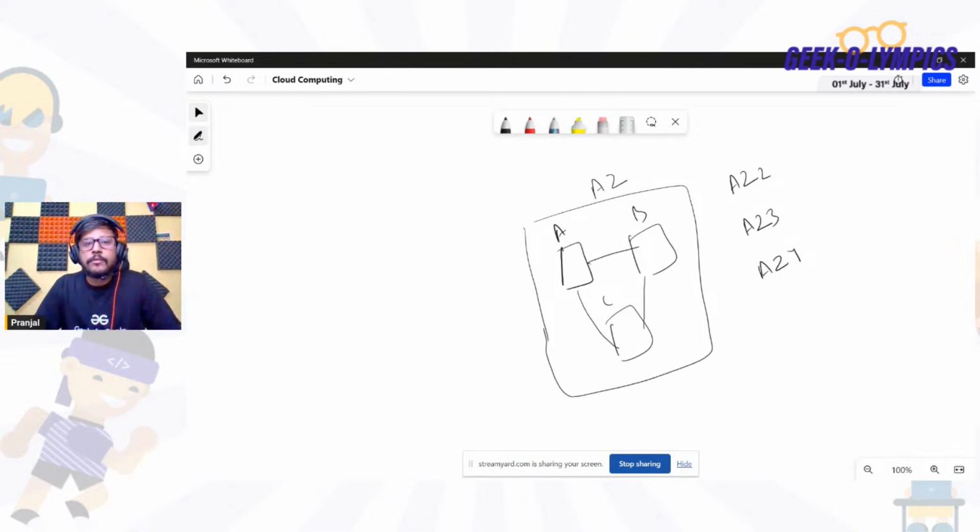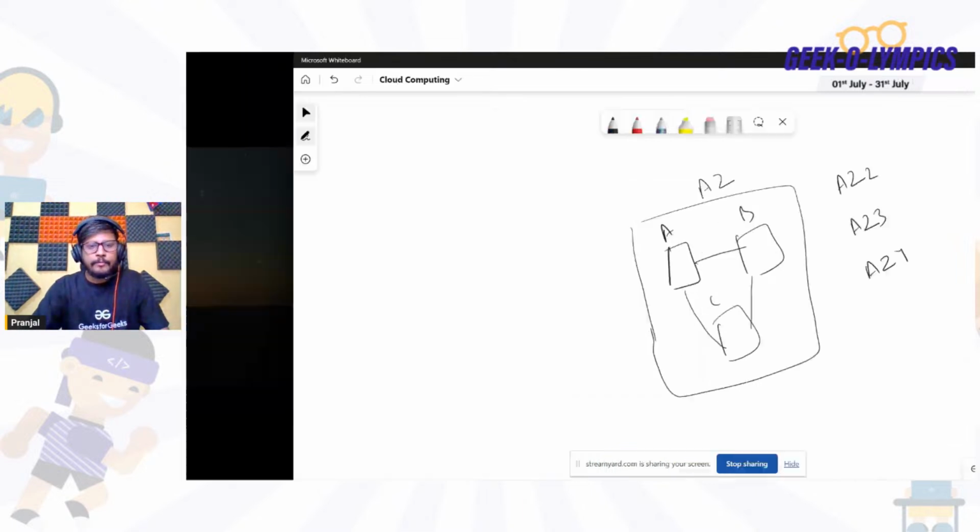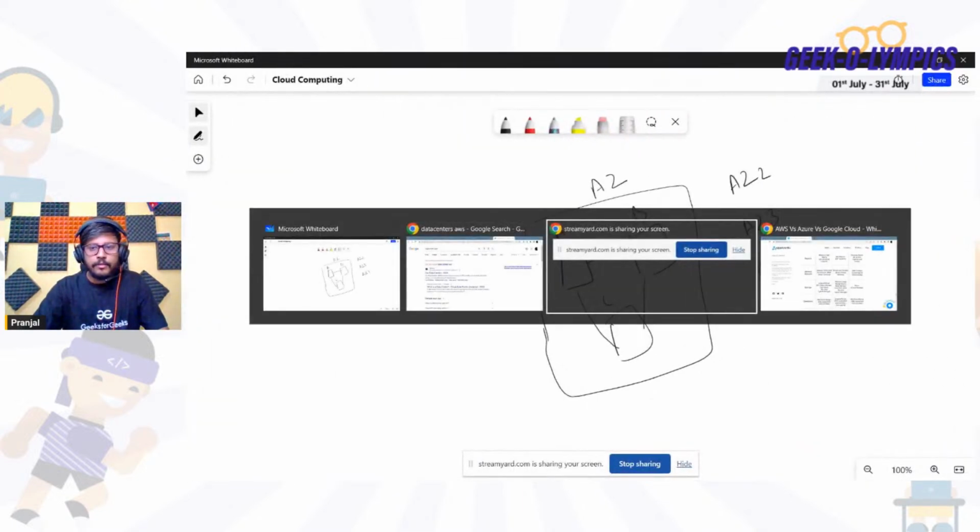If you consider the default region of AWS, which is North Virginia, US East 1, which is very popularly used, in that particular region we have 6 availability zones, which means in a similar way there will be 6 clusters of data centers located in different parts of the country. So let me just show that particular thing once again.